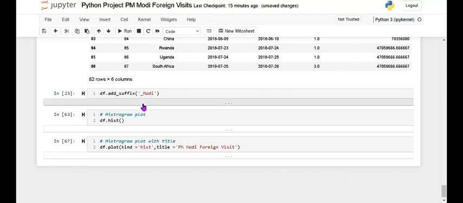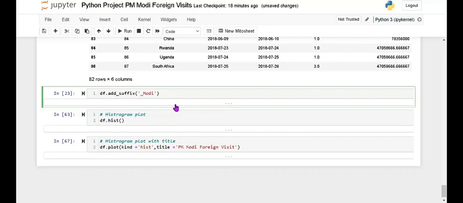The same thing with suffix: it is used at the last, like my surname is Bakshi, which is used at the end. So whichever value I want to suffix, Modi, it shows at the end. Here we use the underscore, then give the value you want to suffix, meaning used at the end of a sentence or heading.